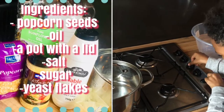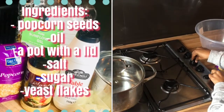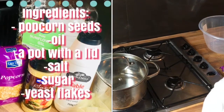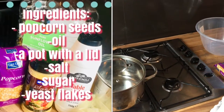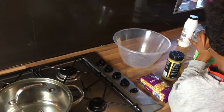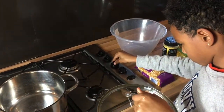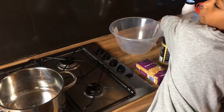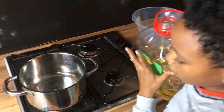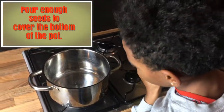The stove. There we go. Now you have to get your oil. Let's open this up. The heat needs to be on low. And I'm going to pour in the oil, and you want to make sure the oil fills in the